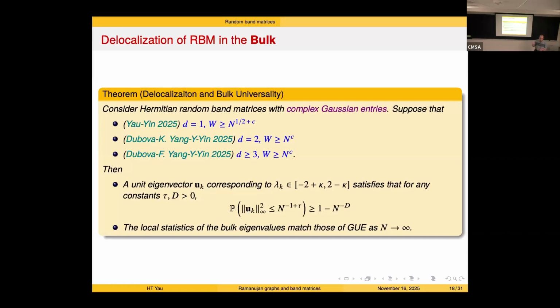And what Anderson claimed is that you can have randomness only on the diagonal, and everything else you can just add a little bit of deterministic part. Then you still have this delocalization. And what we prove for the band matrix in dimension 3 is that this W has to depend on the size, n to some tiny constant. So we still cannot do this. It's just exactly on the diagonal. So there's some